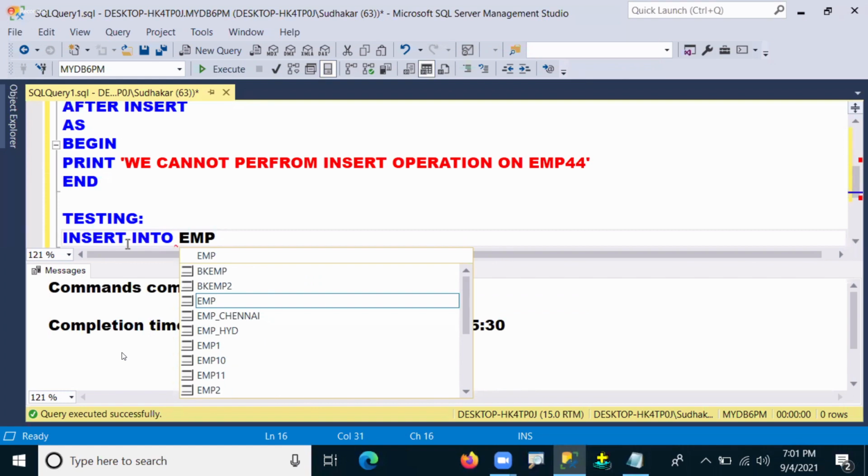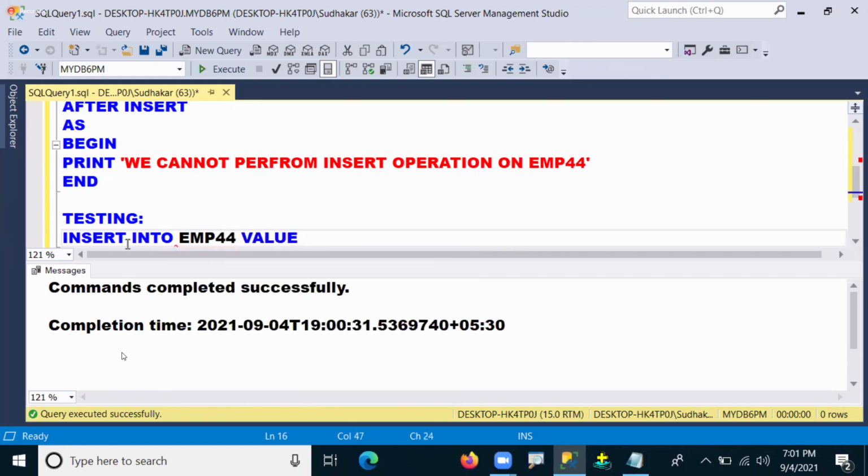EMP44, sending values 1023. The name is Alan, and the salary, for example, 36,000 rupees. So now after the trigger object is created on the insert command on the EMP44 table, okay, then what